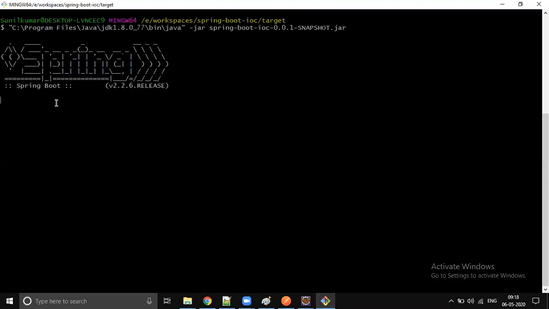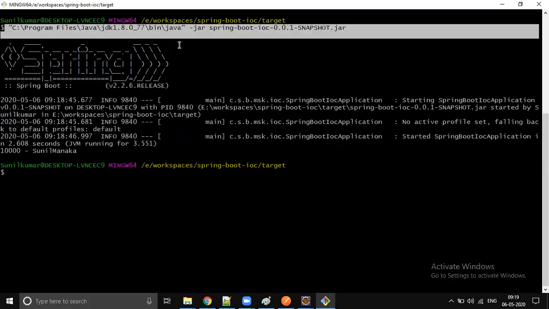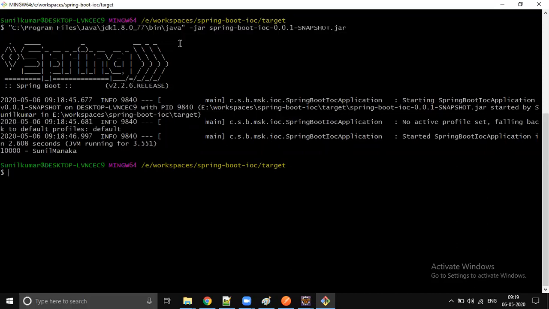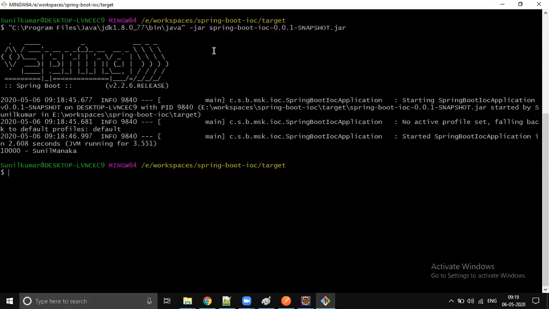Now your Spring Boot application is going to start. See, the message got printed and it exited, so it's a standalone application. If we have a server, then it will stay alive. The same command we're going to execute even on Docker. Whenever you deploy your application inside Docker, it's the same java -jar command. This is how we deploy our Spring Boot applications in any environment, whether dev, production, or non-prod. We follow the same structure. So there are multiple ways you can run your application.